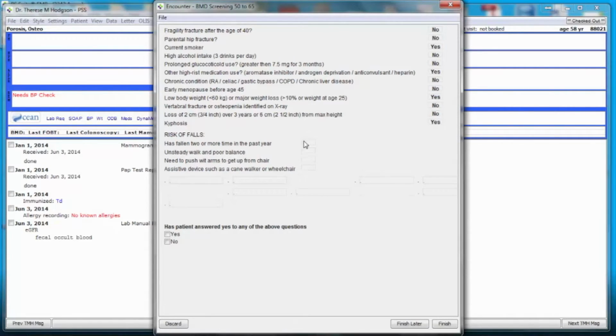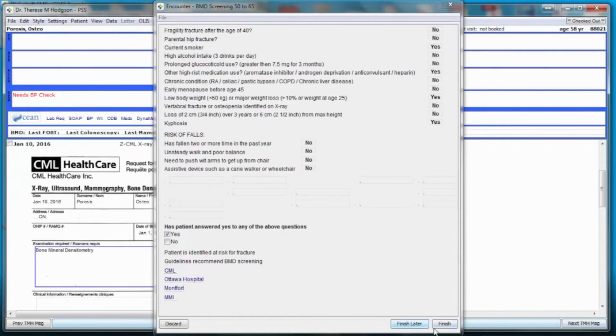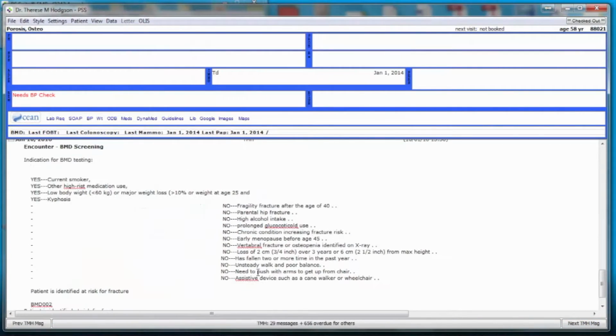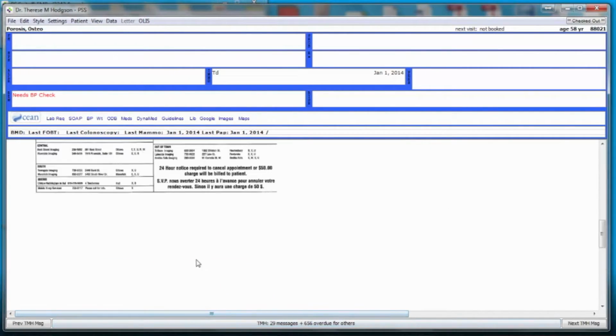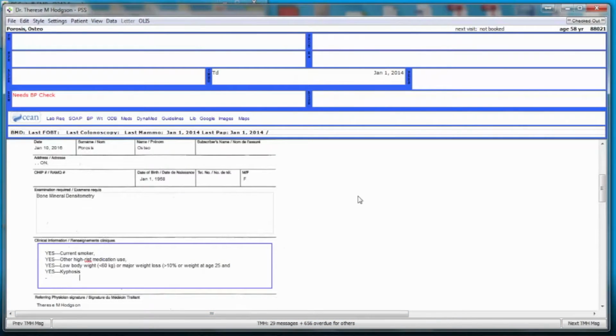We also evaluate for the risk for falls, and if we have answered yes to any of the questions above, the guideline recommends that we do a bone mineral density testing. We choose the requisition of our choice that we add to the notes, and we finish. This will then populate the chart with your answers that you can just simply copy paste into the requisition that will indicate to the radiologist the reason for the screening before age